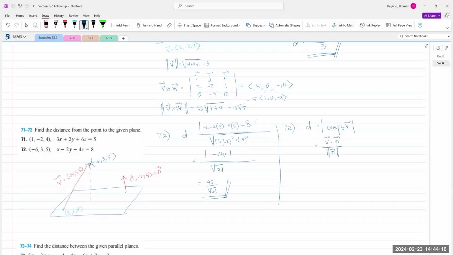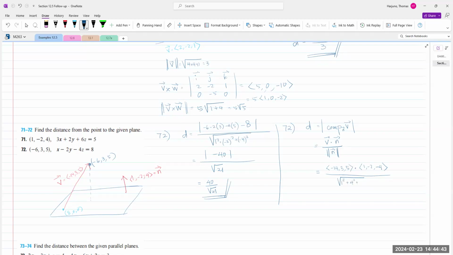I wonder if you remember the formula. Now, what is v dot n? It will be -14, 3, 5 dot 1, -2, -4, over the magnitude of n,